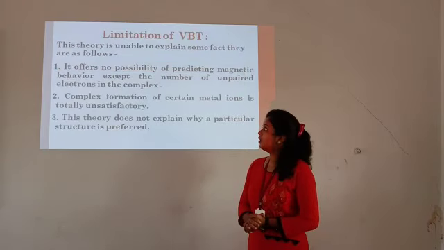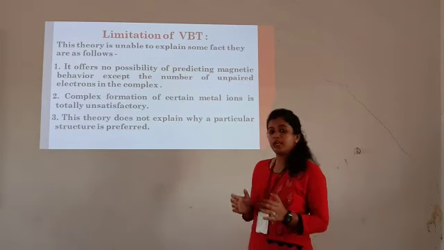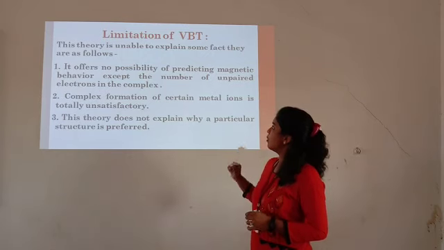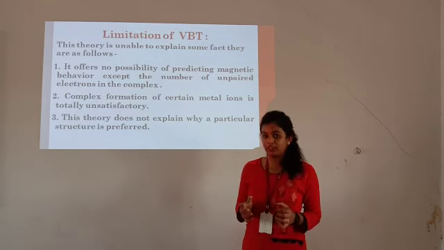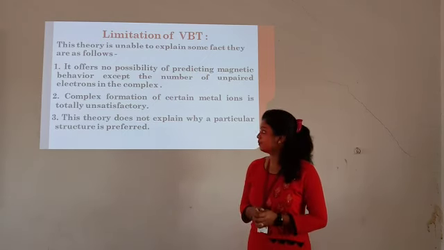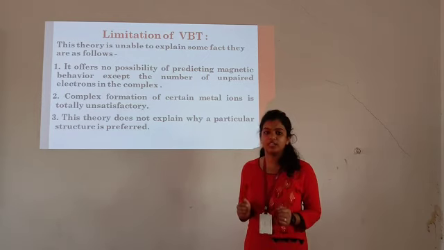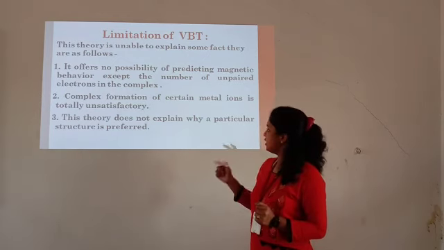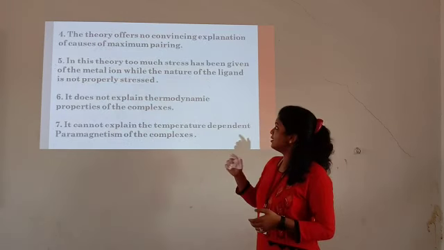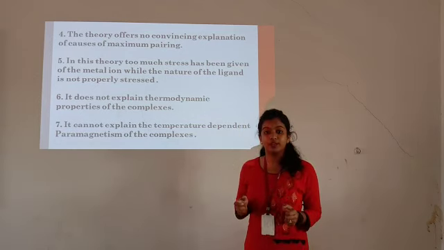Next. So here are the limitations of valence bond theory. This theory is unable to explain some facts. They are as follows. First, it offers no possibility of predicting magnetic behavior except the number of unpaired electrons in the complexes. Second, the explanation of complex formation in the central metal ion is totally unsatisfactory. Third, this theory does not explain why a particular structure is preferred. Fourth, this theory offers no convincing explanation of the cause of maximum multiplicity. Fifth,